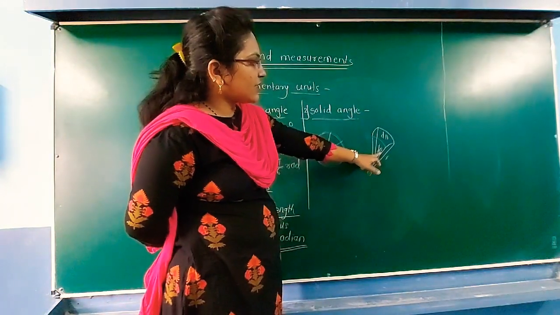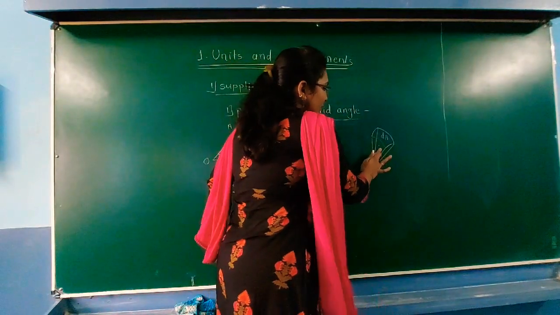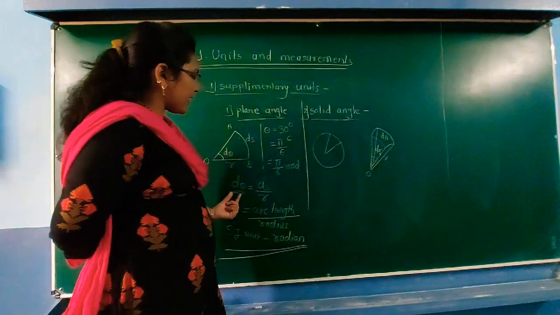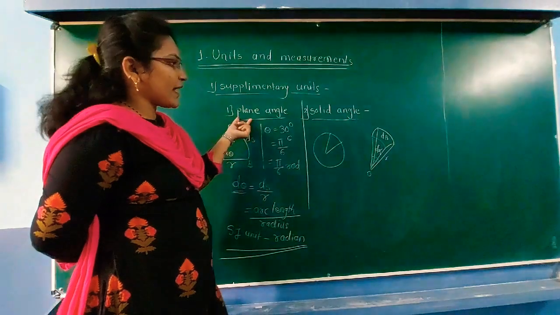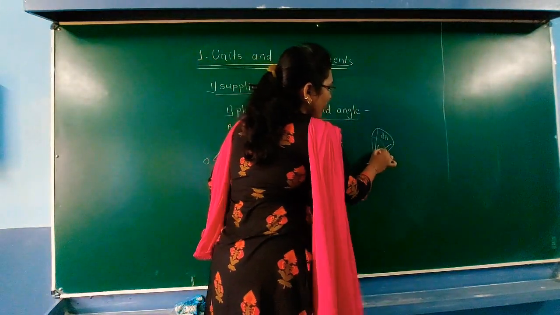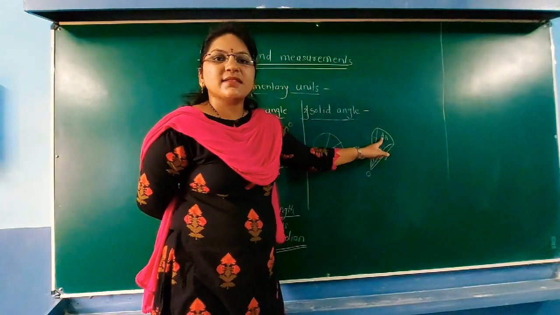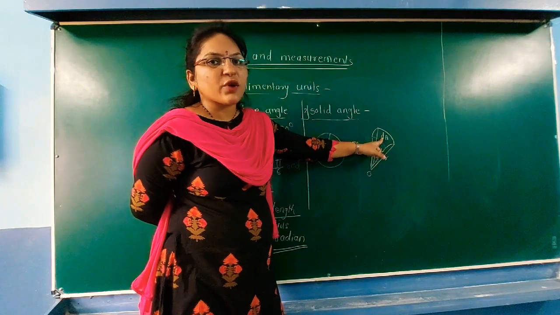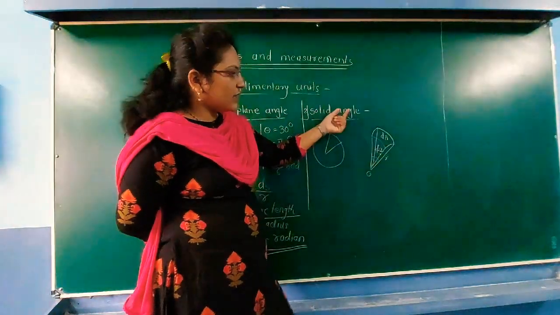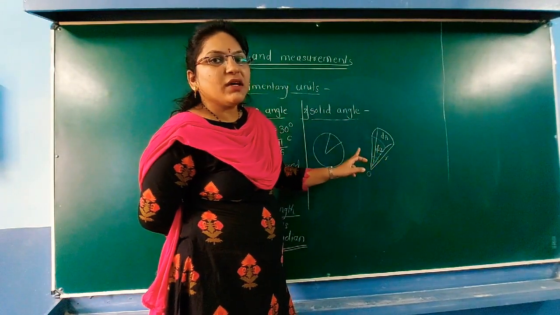Then what is d theta? Here d theta is the solid angle. In place of d theta we can also write d alpha, because d theta here we have written for plane angle, so write d alpha or d omega. Okay, then what is dA? dA is the area of the surface of the sphere. Then what is d omega? It is the solid angle. Then what is r? r is the radius of the sphere.